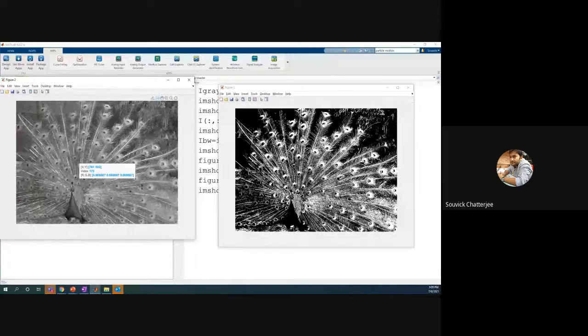The whiter it is, the closer to 255. If I take a threshold of 100, anything above 100 is white and anything below 100 is black, and that's how we created these. By default it takes 1, but you can change it.